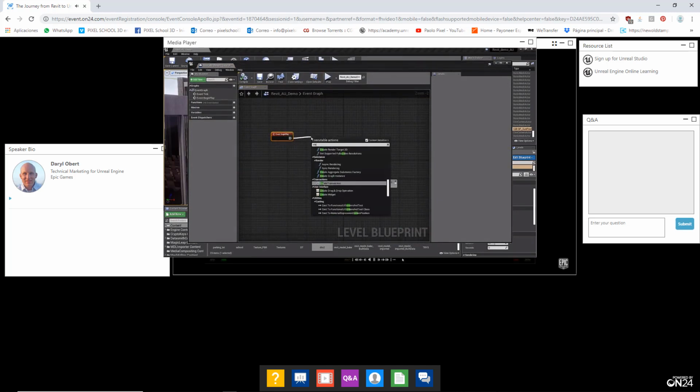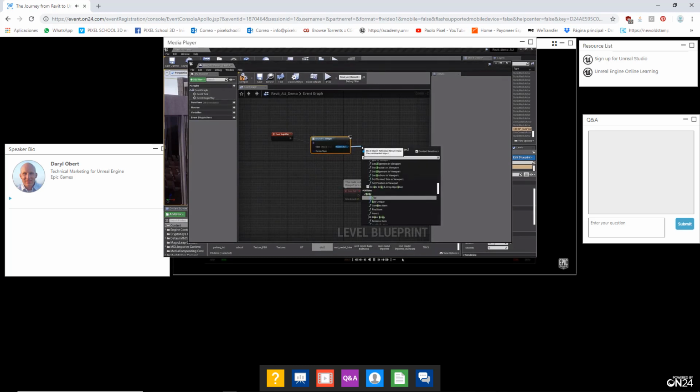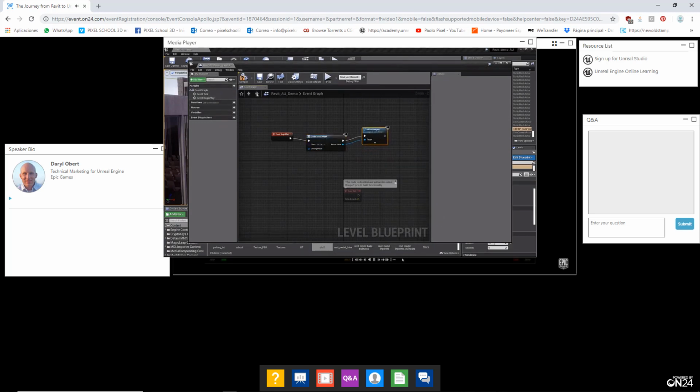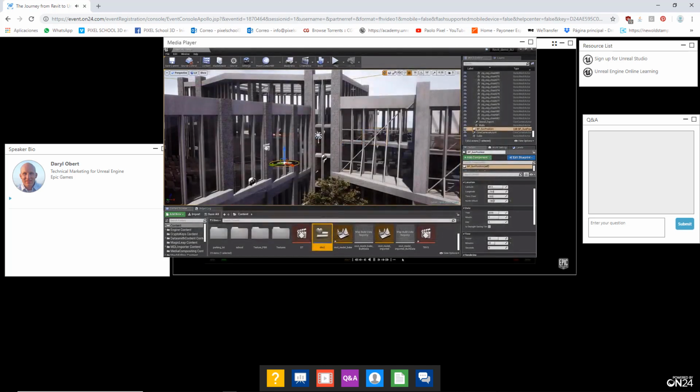So we're going to say create a widget. And what widget do we want to grab? Well, we've got this one that we just made, DTO2, and that's pretty straightforward. So now we're just going to basically grab this out and just say add to viewport. So just like that, we're now going to add that widget to the viewport, so we can hit save and compile. And now if we come over here and hit play,